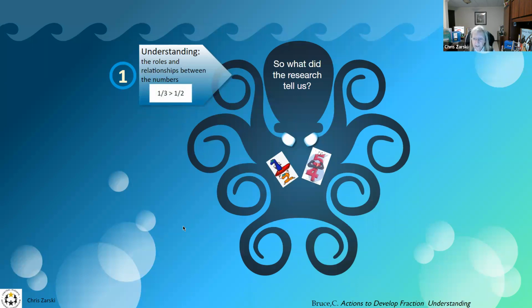So just because I said to you, I took a cookie and broke it in half, and I gave Nicole half and I got half, I got one of 2 pieces. That does not necessarily mean I have got it in my head that 1 out of 2 pieces is a relationship between 2 pieces of a whole. All I saw was I got a half of cookie and you got a half. They don't internalize that relationship.